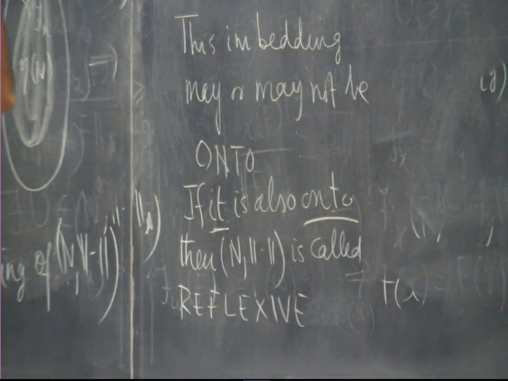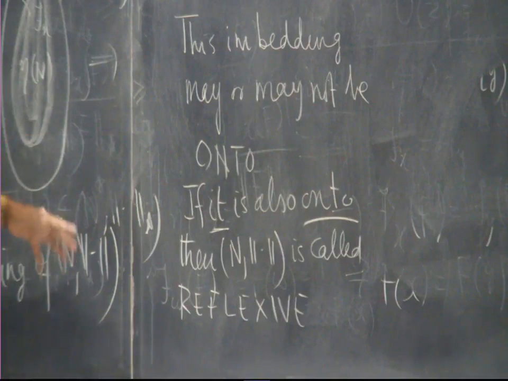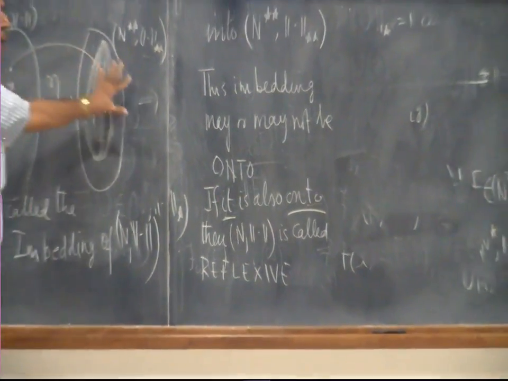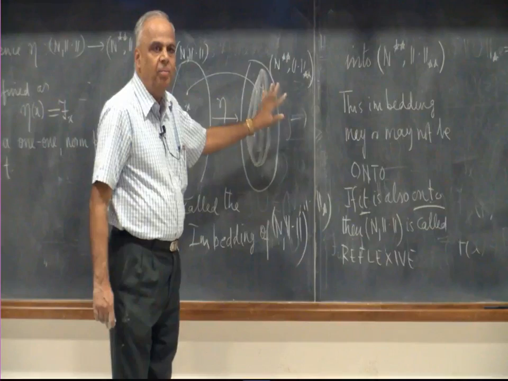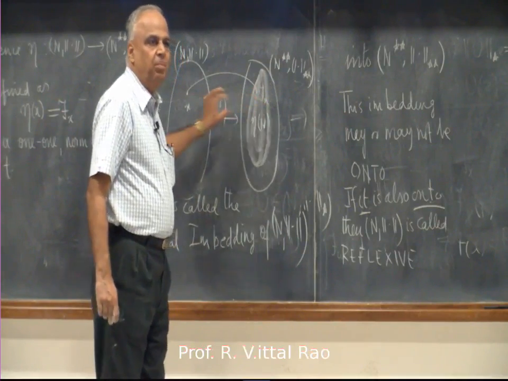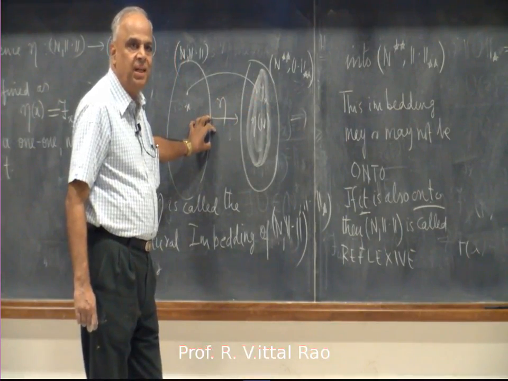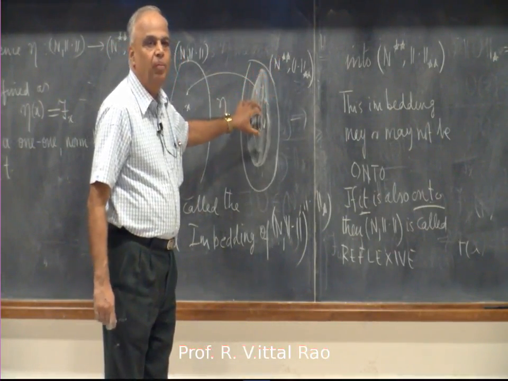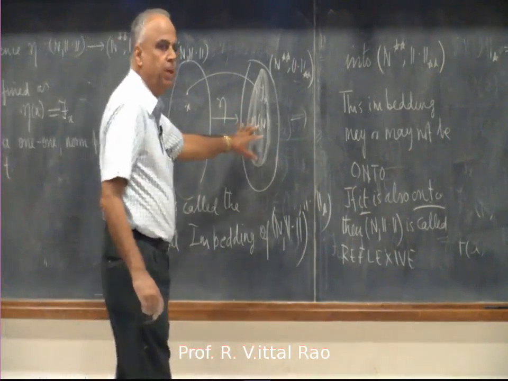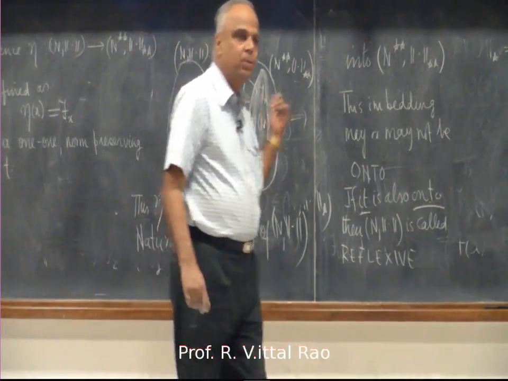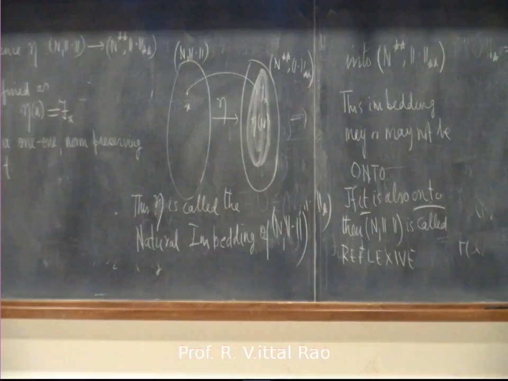Now mark the following, note the following. Suppose it was onto, that means this is completely identified with this. Addition, scalar multiplication, norm, everything. Therefore convergence here will mean essentially the same as convergence here. But then this will be a dual, therefore it will be Banach. The dual of any normed linear space is a Banach space. So this will be a Banach space, that will force this to be a Banach space. So you cannot talk about reflexivity at all if the original normed linear space is not Banach.